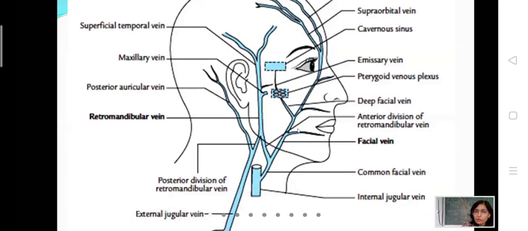If the infective embolus is formed inside the vein, and because the valves are not there in the veins, the infective embolus by way of these communications can reach the cavernous sinus. Then it can lead to meningitis and cavernous sinus thrombosis. It is a fatal condition, a very devastating, serious, life-threatening infection.